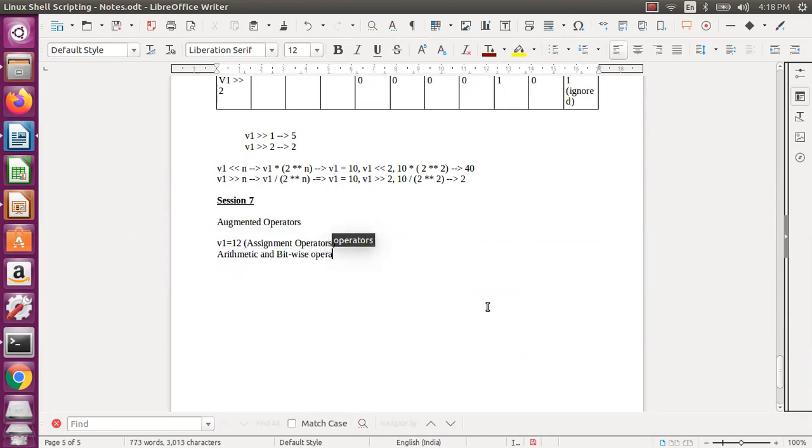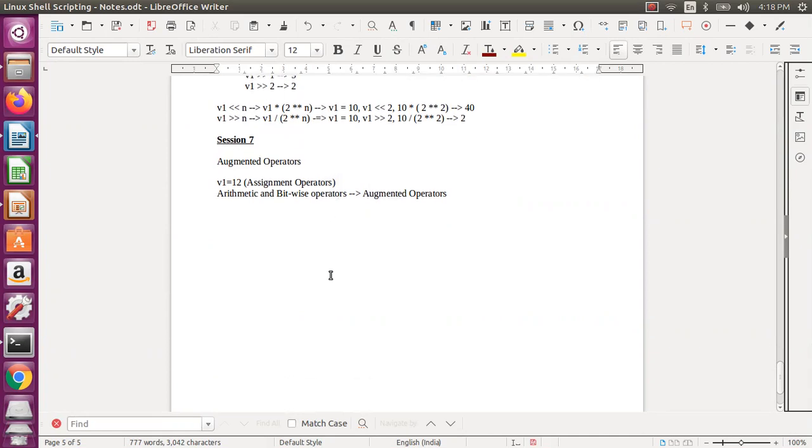That is nothing but your augmented operators. If you are doing addition, then augmented addition, augmented subtraction like that. Augmented bitwise operators: and, or, not, exclusive or, left shift, right shift, the entire things. And assignment with addition, subtraction, multiplication, division, remainder, all things you can assign with these values.